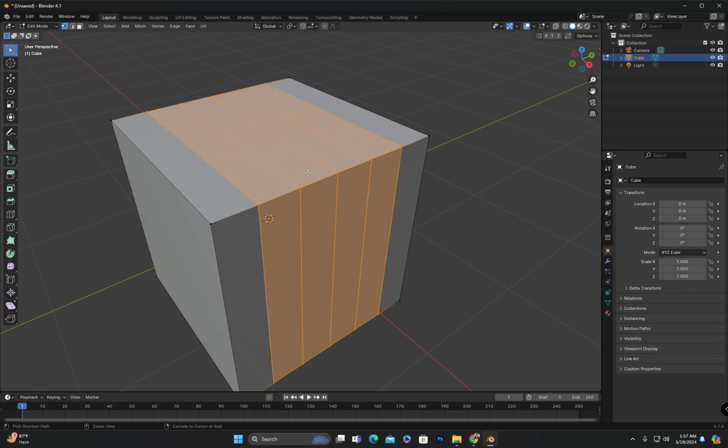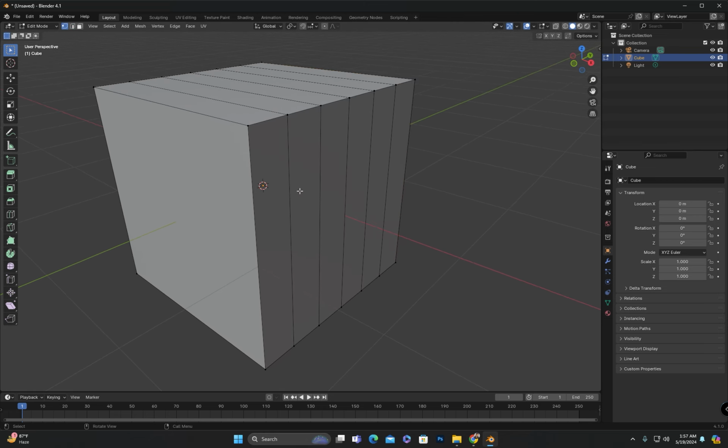Let's undo again. If I want to add a specific number of edge loops instead of increasing the count by scrolling, you can input the desired value using the keyboard after the preview of the edge loop appears. After entering the value, you can press enter or left click to confirm. Then you can click again or press enter to finalize the position. I can add edge loops to any side in the same way.